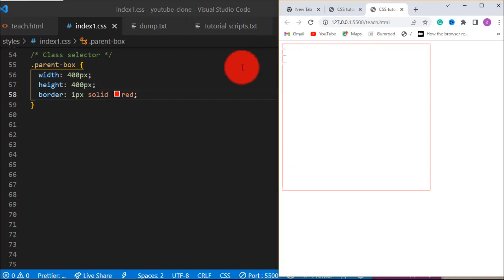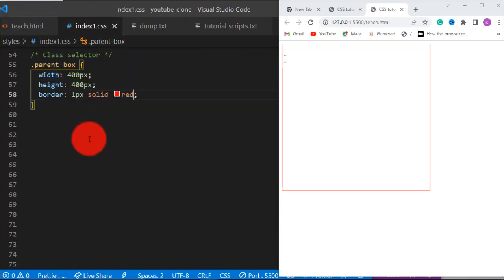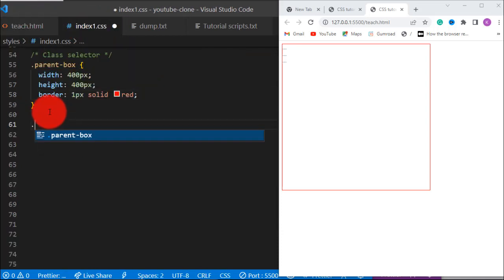And we can also select the children. So what do we mean by class? You know that different elements can have the same class, they can belong to the same class. So these are the children. We can select all of them by their class name. So with their class name, let's just do dot child box,